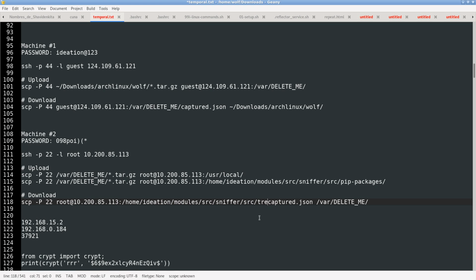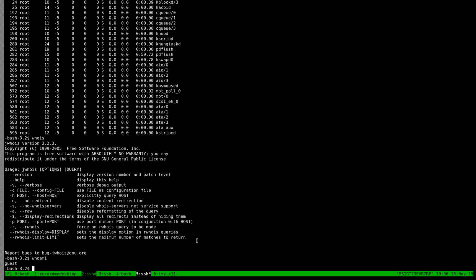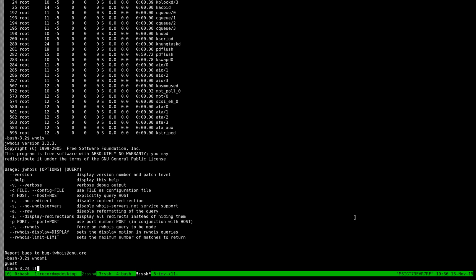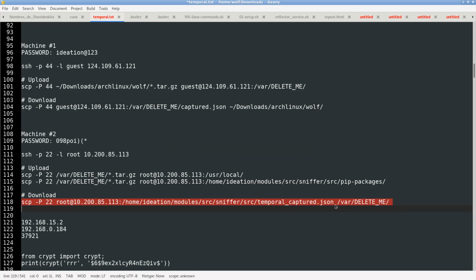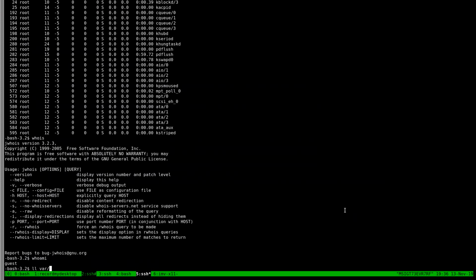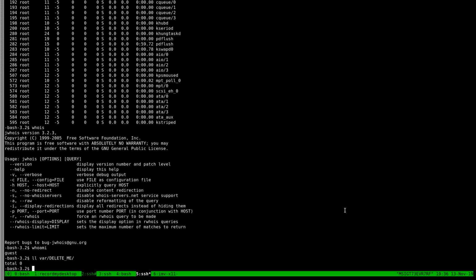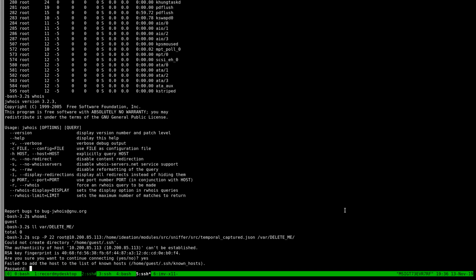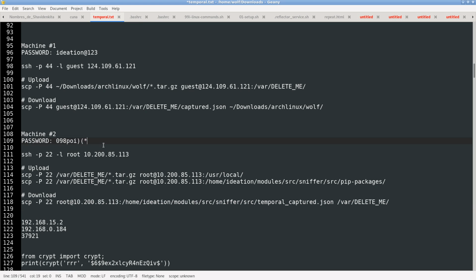In fact, I need to change that to temporal capture. I need to copy that to this var delete me. If I show what it contains, this server has var delete, and we don't have any file. If I say yes here and then put the password that you provided me,